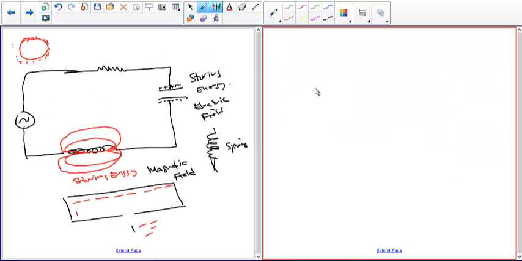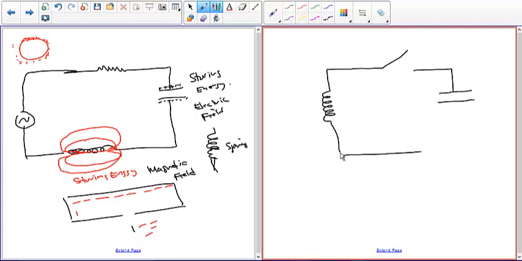So let's say I had just an ideal inductor and I had a switch and I had an ideal capacitor. And what I'm going to do is charge the capacitor up. So let's say we put positive charges here. So I'm somehow externally charging up the capacitor, but because I don't have a circuit, nothing's happening because the switch is not closed. Now, when I close the switch,